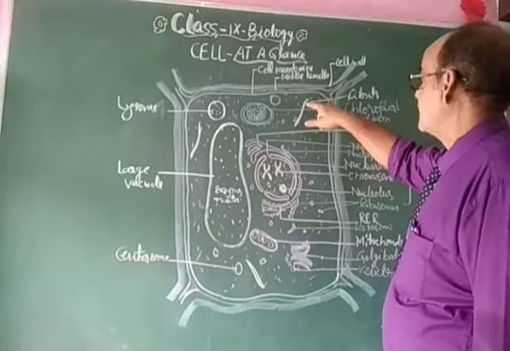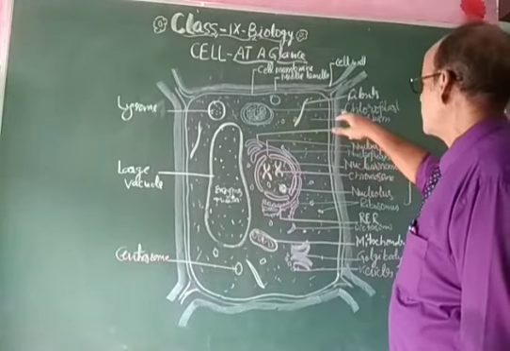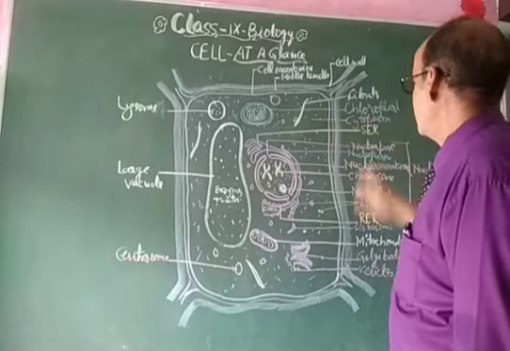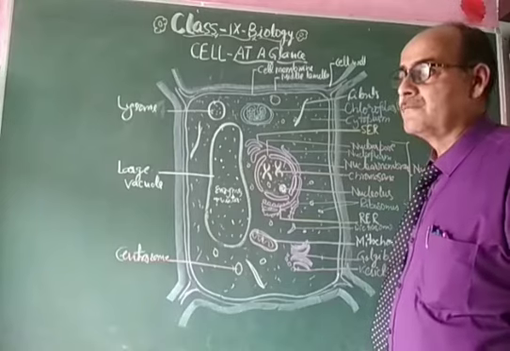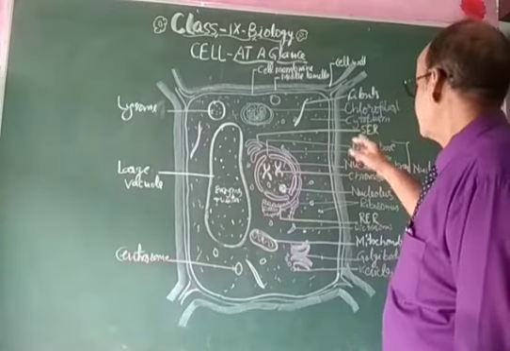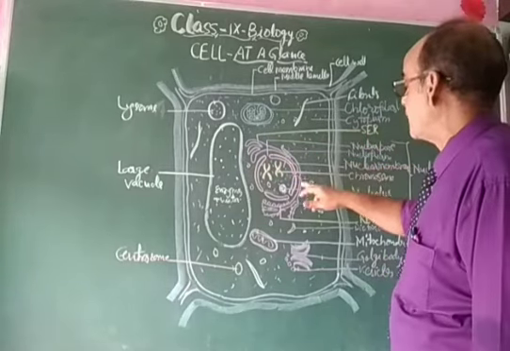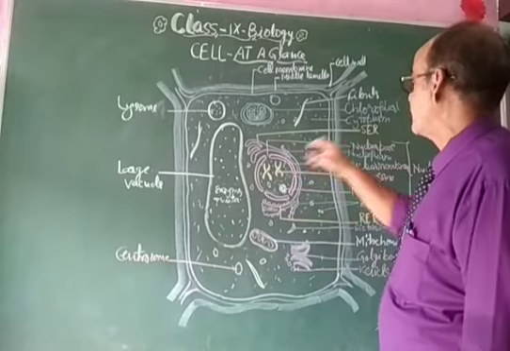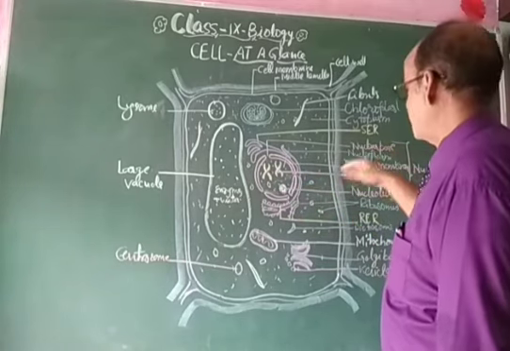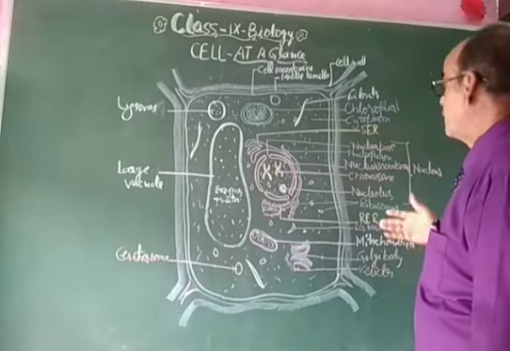these are the fibrils. The formation of the fibril will be during the cell division. Chloroplast, that is the kitchen of the cell, that is found in the plant cell. Cytoplasm, that is having the cytoplasmic ingredient like protoplasm and inorganic substances. SER, that is the smooth endoplasmic reticulum, which facilitates the passage for the transportation of the material as well as the lipid synthesis. This nuclear pore facilitates the incoming and outgoing of the material from the nucleus to cytoplasm.